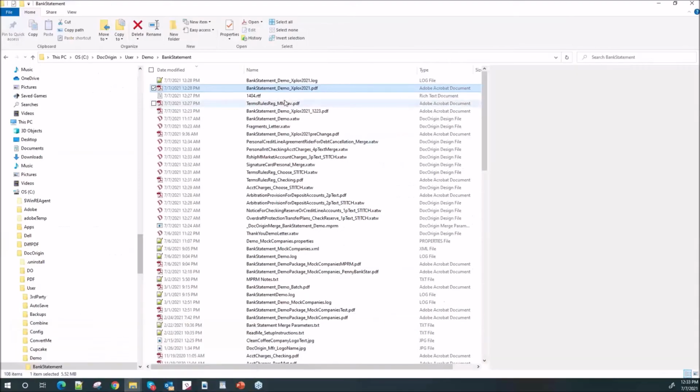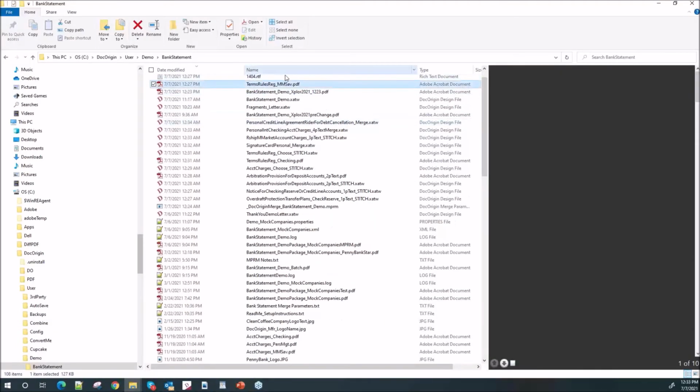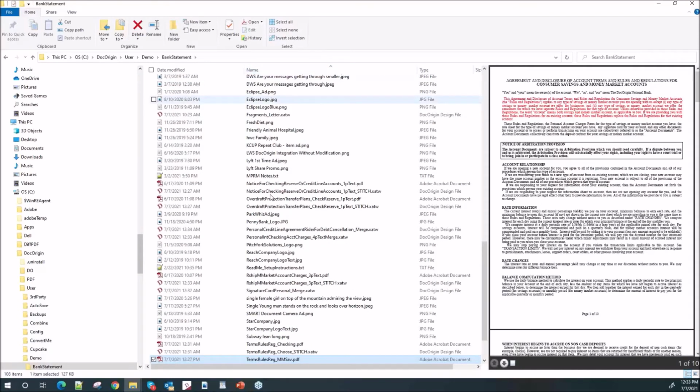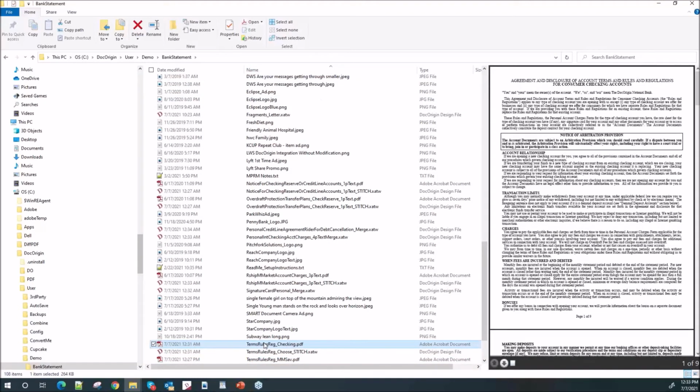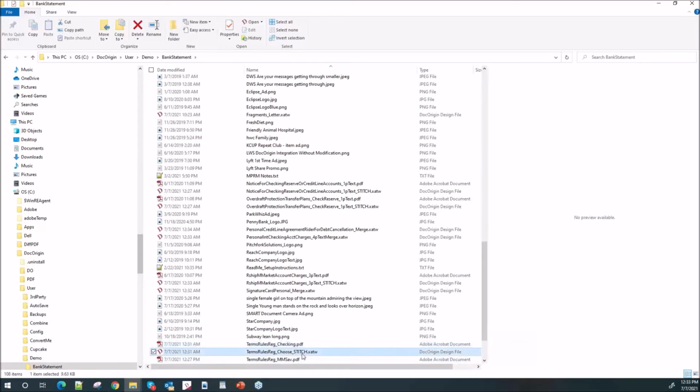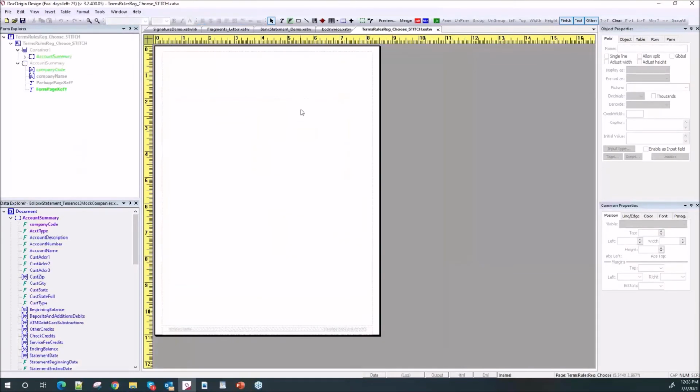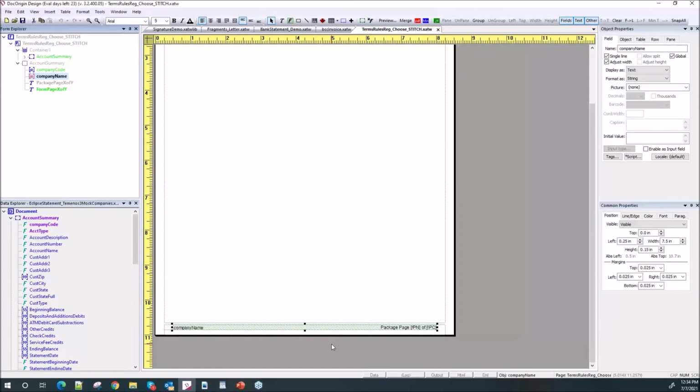If you go in here for my document, you'll see that I have terms and regulations for MM savings, which is our money market savings account, versus, if I sort by date, name, my terms for checking account and so forth. So the document template itself, if I grab this and slide it down here, looks really plain. There is no text in here whatsoever, and it's just stitched, and it could be completely blank. What we always tell our customers is you can put something in the margin, what we call white space, if you want to stitch an overlay on top of that.